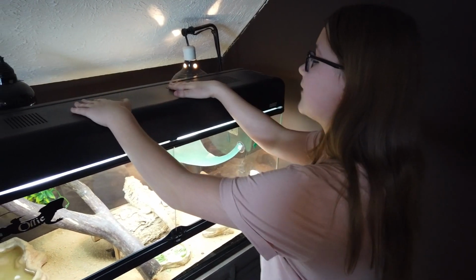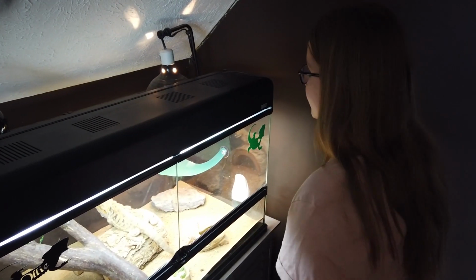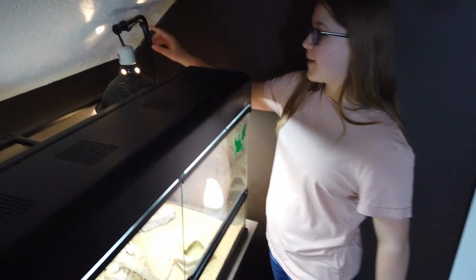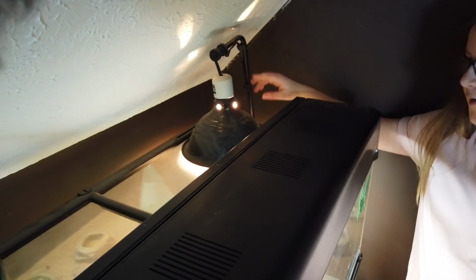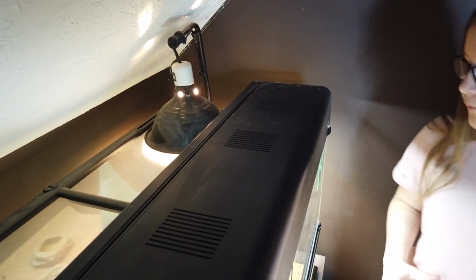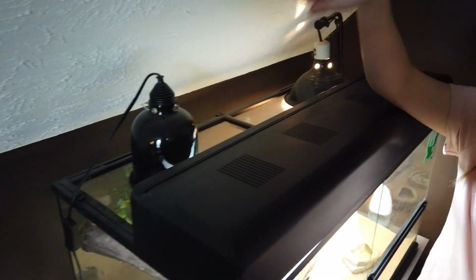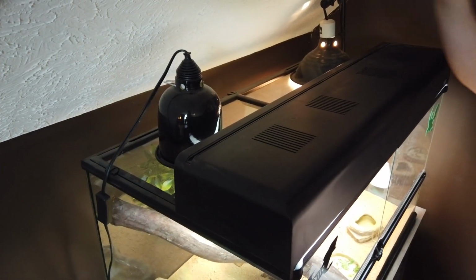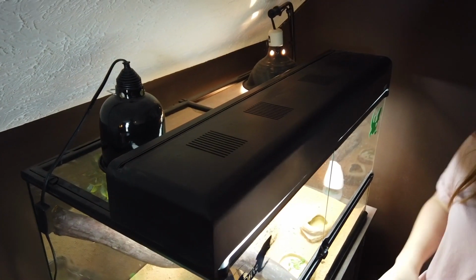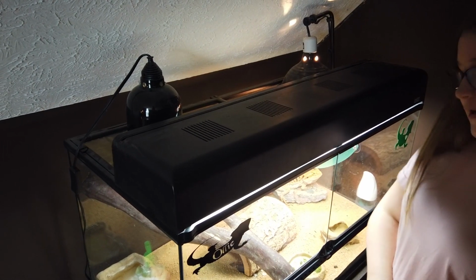We also have these 2 lights. These are just like natural lights, so he has a brighter environment. And also a very important thing is a basking light. They need these because it's basically their sun, and they are cold-blooded animals, so they need a way to stay warm. Over here, there's a ceramic heater, and it's for nighttime because they are desert animals, so whenever the nighttime comes, it definitely gets colder,